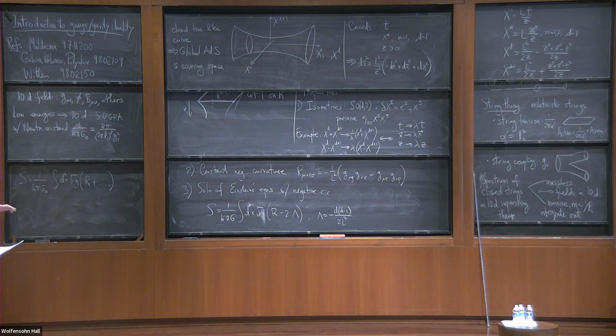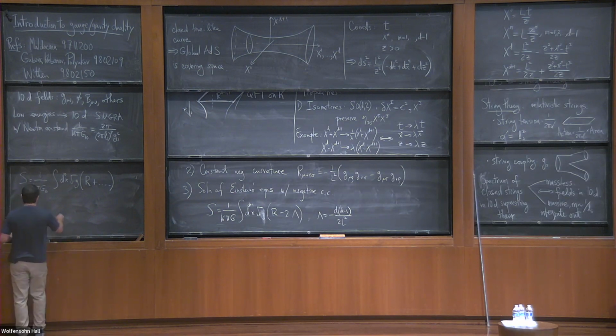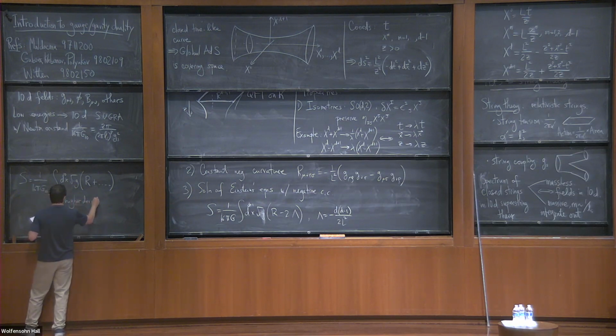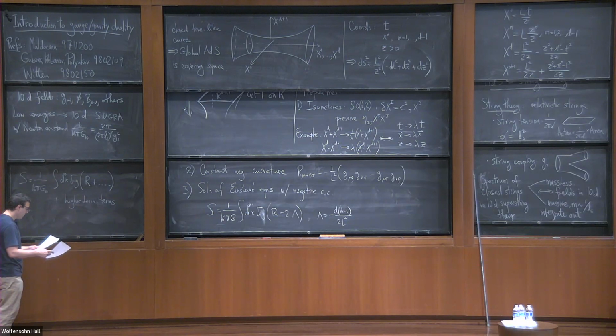But at low energies, after we integrate out the massive string modes, we get an effective action. So this is just the first term in a derivative expansion. In addition to this, there are also terms with larger number of derivatives. But as I said, we're going to work in the limit in which those higher derivative terms would be negligible. I'll mention what they are later. Okay, good.